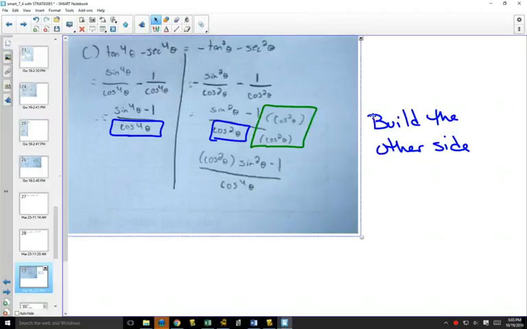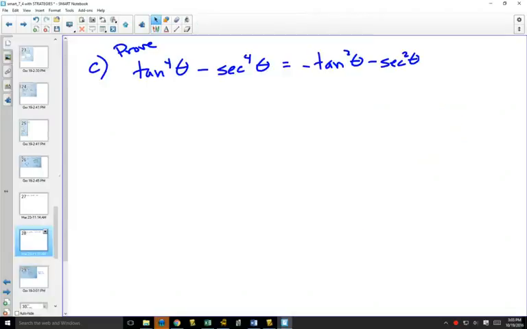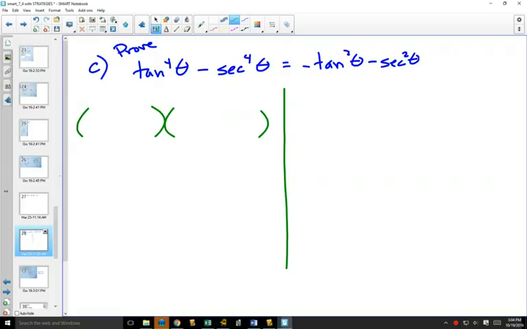Now, before we go on further, I'm going to go back and I'm going to show you on this one another thing, another strategy that we had listed. We talked about factoring already, but I had in brackets difference of squares. If you recognize there's a difference of squares, it can often make your proof a lot easier. And on the left-hand side, tan to the 4 minus secant to the 4 is a difference of squares, and you can factor it. If you factor it, you're going to get tan squared and tan squared,